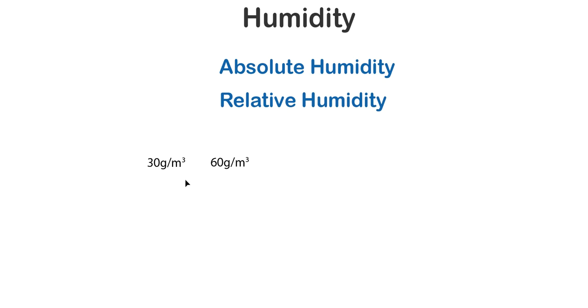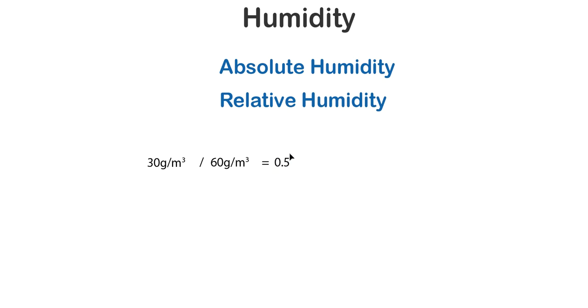So if this is the actual or the absolute humidity, 30 grams per meter cubed, and this is the maximum amount of water it can hold, 60 grams per meter cubed, all we have to do is a little math. If we take our 30 grams per meter cubed and divide it by our 60 grams per meter cubed, we get